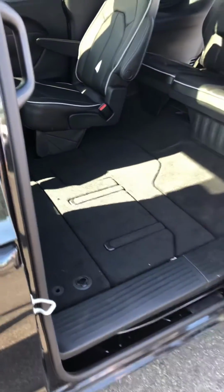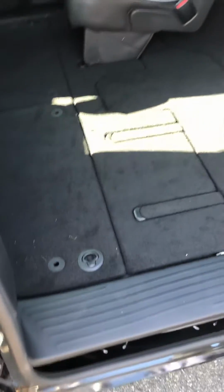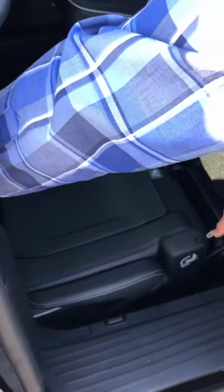Just like that. And you can put the floor mat on top as it has the little buttons there, the little plugins for your floor mats. To move it back up, again, very simple. You release it right here, fold this up, hit the Stow and Go button, latch,